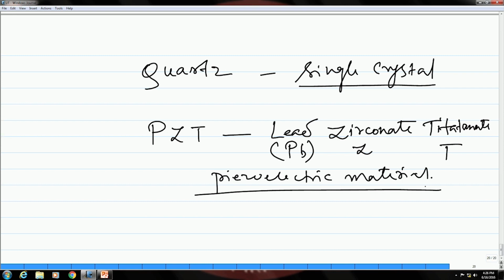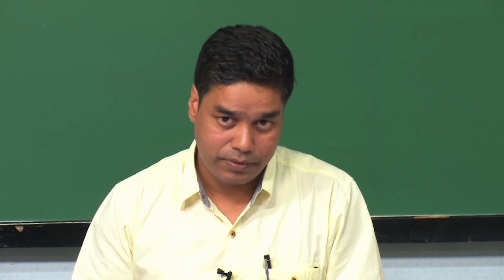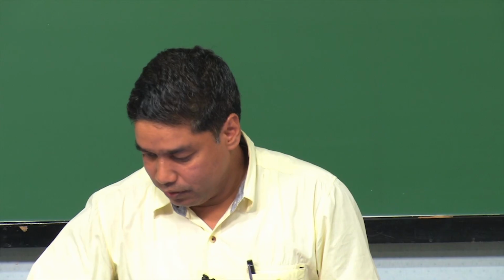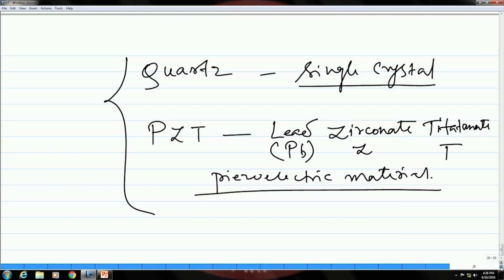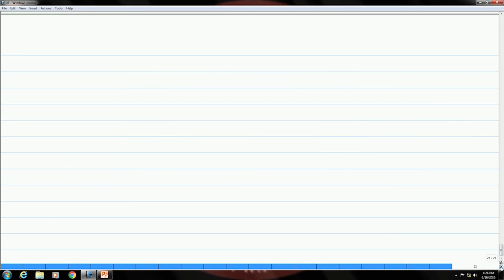Okay, so, let us see in terms of their properties, what is the level of these parameters which control these vibrations or these ultrasonic waves in terms of transmitting and receiving for these two particular materials. Okay. So, when you talk about the parameters which control the transmission and receiving properties,